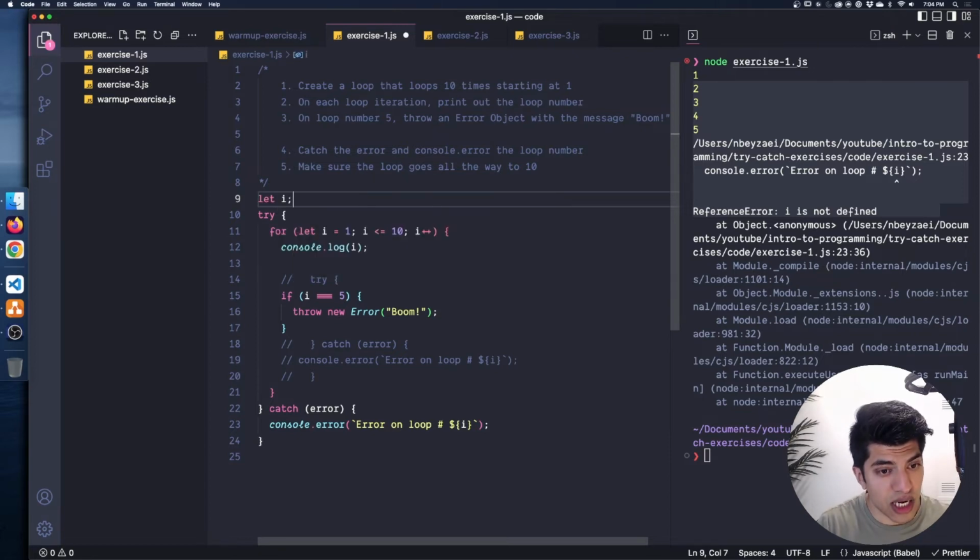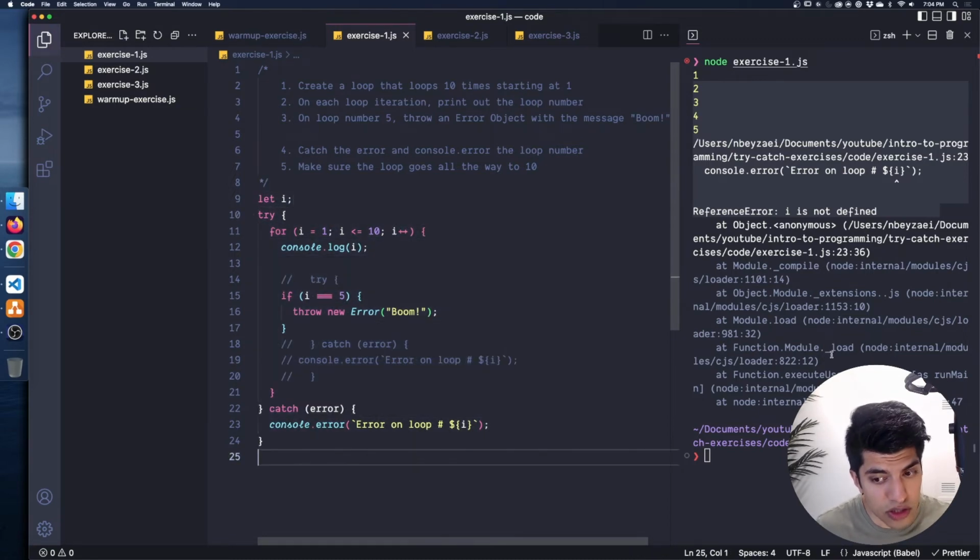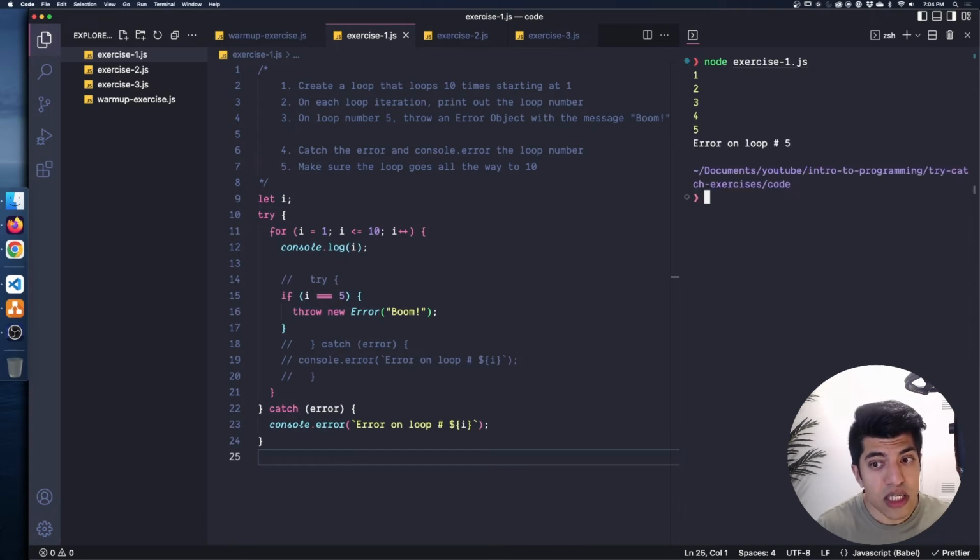So we can say let I, and we can say maybe I equals 1 over here without the let, where we're not actually declaring the variable, right? And we're declaring it out here in this outer scope, which is accessible to kind of all of this code. And if I rerun this, we'll see that this actually does work. And I stop at 5 here because